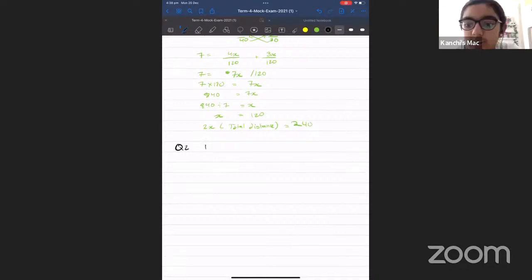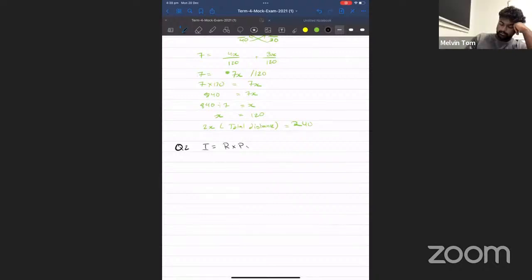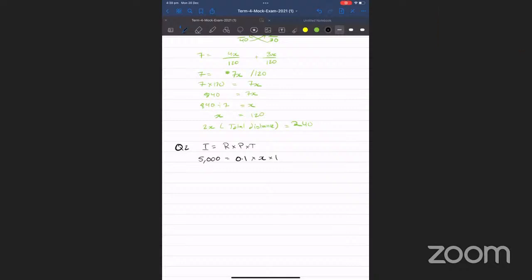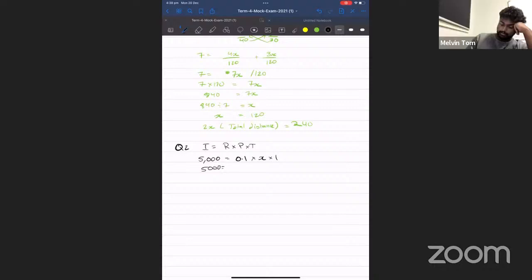So interest is equal to rate times principal times time. She needs $5,000. The rate is 10%. The principal we don't know is X, and the time is 1 year. So it's essentially just 0.1 times X. So 5,000 is equal to 0.1 X. Bring the 0.1 across, you get 5,000 divided by 0.1 is equal to X. X therefore is equal to